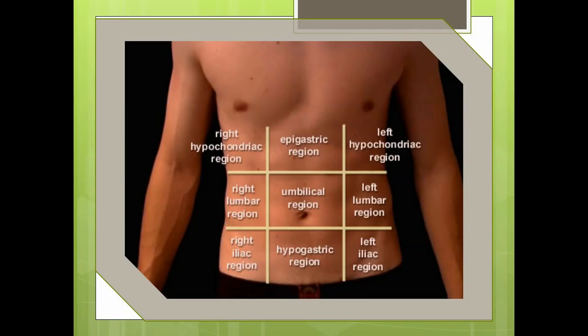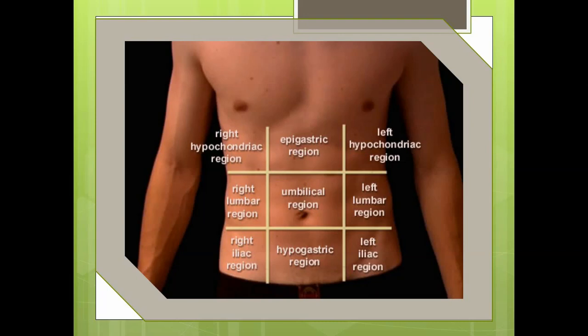In the same way as the quadrants, there are 9 different regions in the human body. Right hypochondriac region, epigastric region, left hypochondriac region. These are the upper part, as I previously mentioned in the quadrants. CP angles will be there on the right and left, the costophrenic angles. Then the epigastric region, as I mentioned already, has major vessels, some of the liver, some of the stomach, some of the spleen, and some of the kidney included in that.